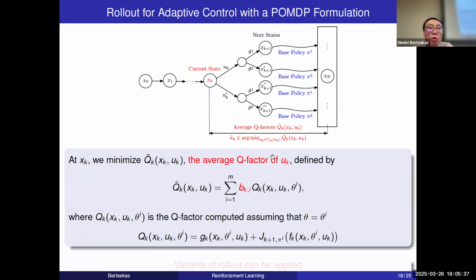Let's see how rollout can be applied for adaptive control with this POMDP formulation. Given the current state xk, which we can observe, suppose that there are two different control options for us to select, uk and uk prime. Suppose further that there are two different parameters and we are not sure which one it is. So for uk,